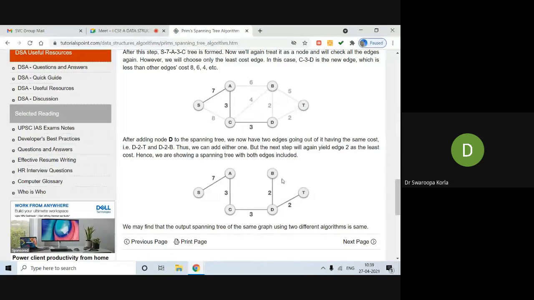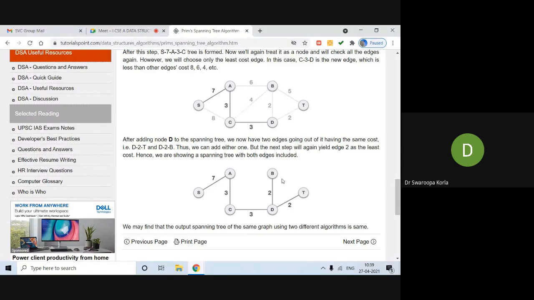Even though it is Prim's or Kruskal's, basically what is a minimum spanning tree? The weight should be minimum and it should not form any circuit. It should not form any loops or cycles. A closed area is not allowed in a spanning tree. It is a subset of the graph which does not allow cycles. That is what we call a spanning tree. That spanning tree should have the minimum cost, so you call it a minimum spanning tree.